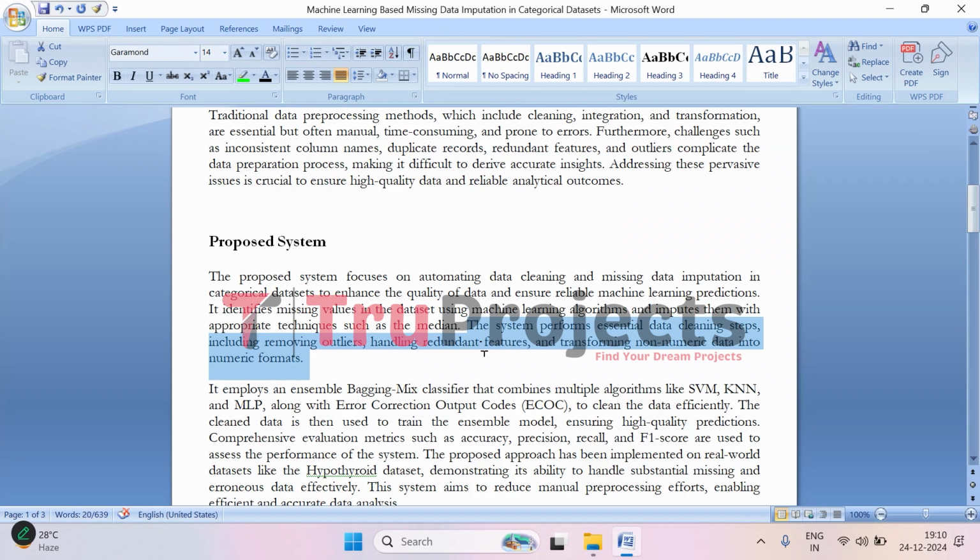that don't fit with the rest of the data, and eliminating redundant features that don't add value to the analysis. Additionally, it converts any non numeric data into numeric format, which is important for machine learning models to understand and process the information correctly. By automating these steps, the system helps to improve the overall quality of the data, making it more reliable for making the predictions and decisions. Essentially, it simplifies what can be tedious and error-prone process, ensuring that the data is in the best shape possible